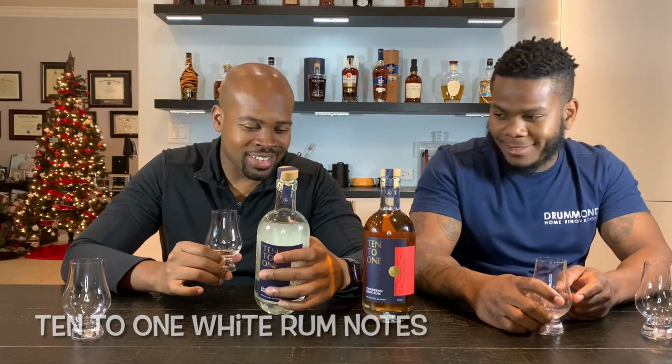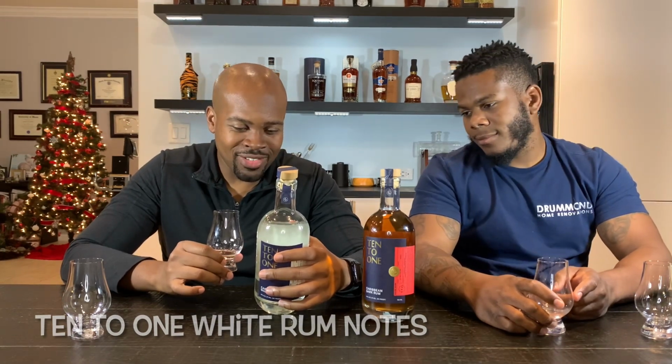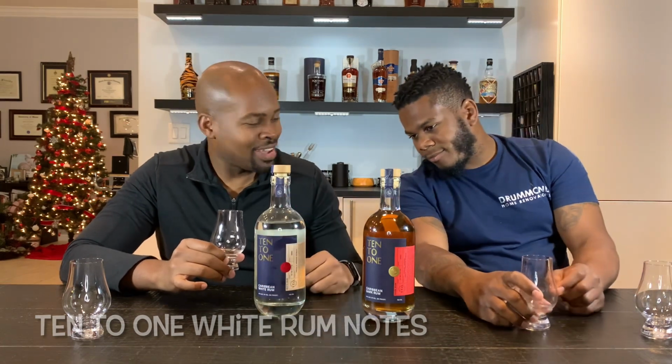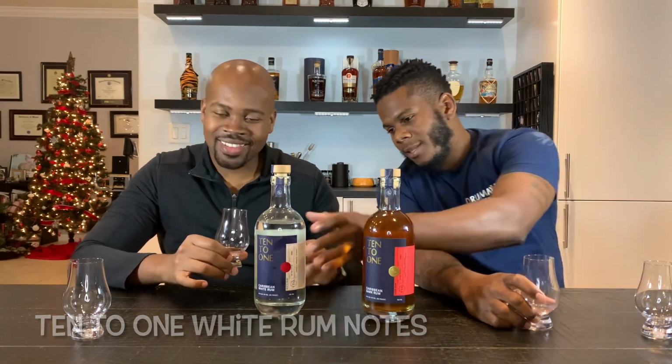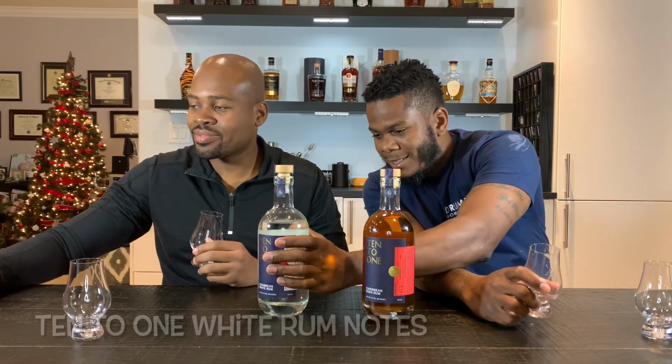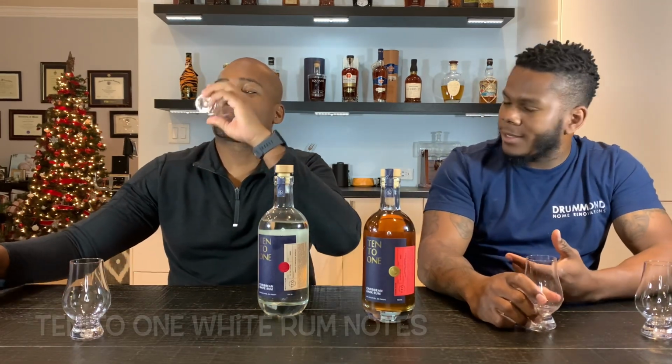Alright, let's see. The structure, they said, zest, mineral, refreshing, delicate. I don't know. Those notes don't really sound like detailed notes, right? They're just giving out words right now. I feel like they're making it up. It's delicate because it's smooth on the taste, typical of a white rum, right? It's smooth, and as far as refreshing, yeah, refreshing because it doesn't...